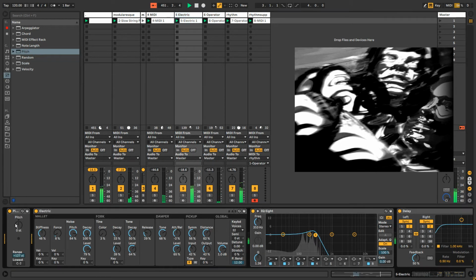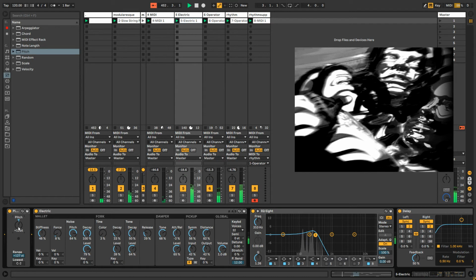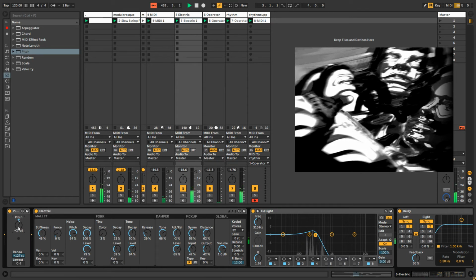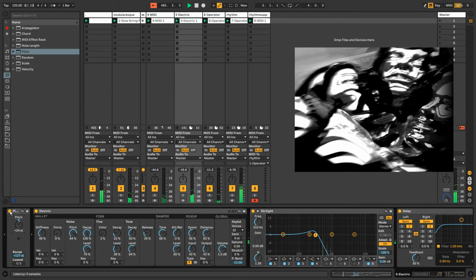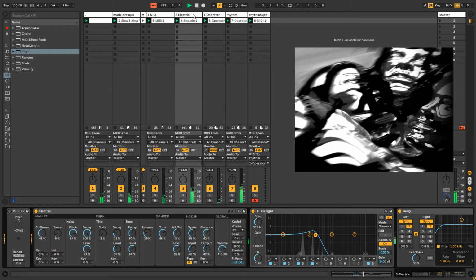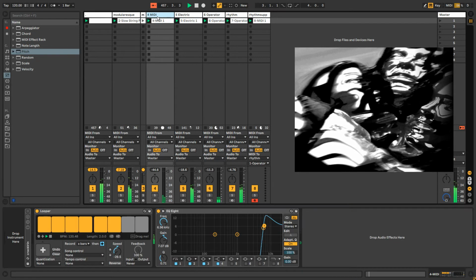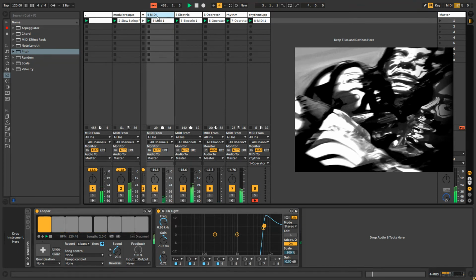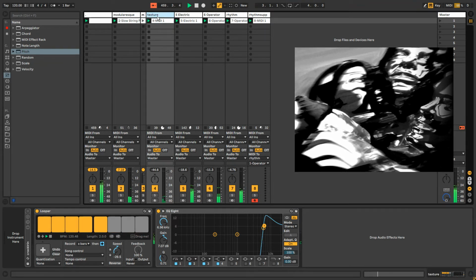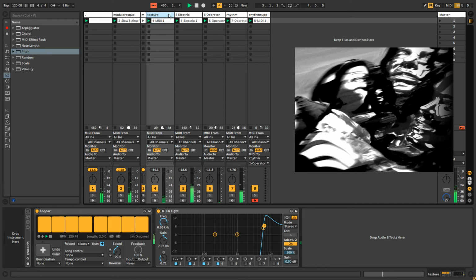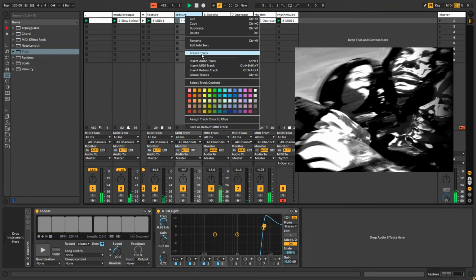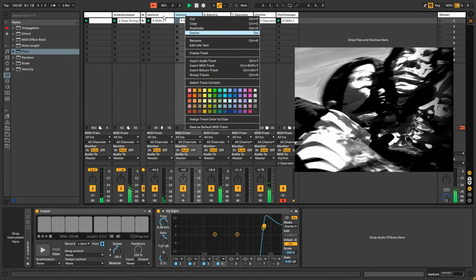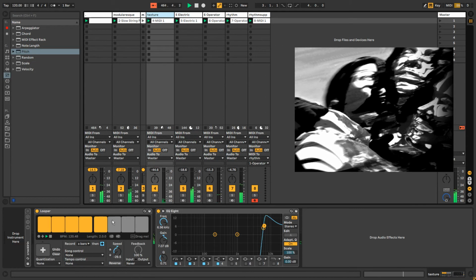Yeah, something like this could be, along the timeline, an interesting idea. We'll call this here texture. I kind of hear some more noise textures. I'm gonna actually not duplicate that. What I'm gonna do is